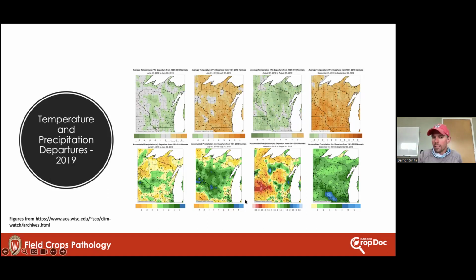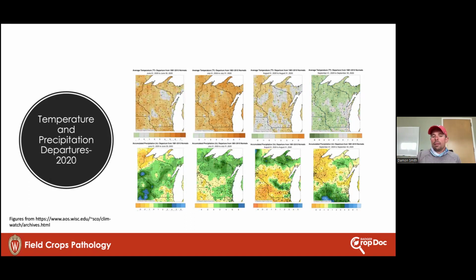But by then, yield was determined at that point. We didn't see much impact, and the levels really were pretty low because the corn crop basically matured and beat the fungus to the finish. Same thing in 2020, kind of more consistent rain events there, a little bit of tar spot around, maybe from this late August dry spell, and then the onset of the rain, but not really the train wreck we saw